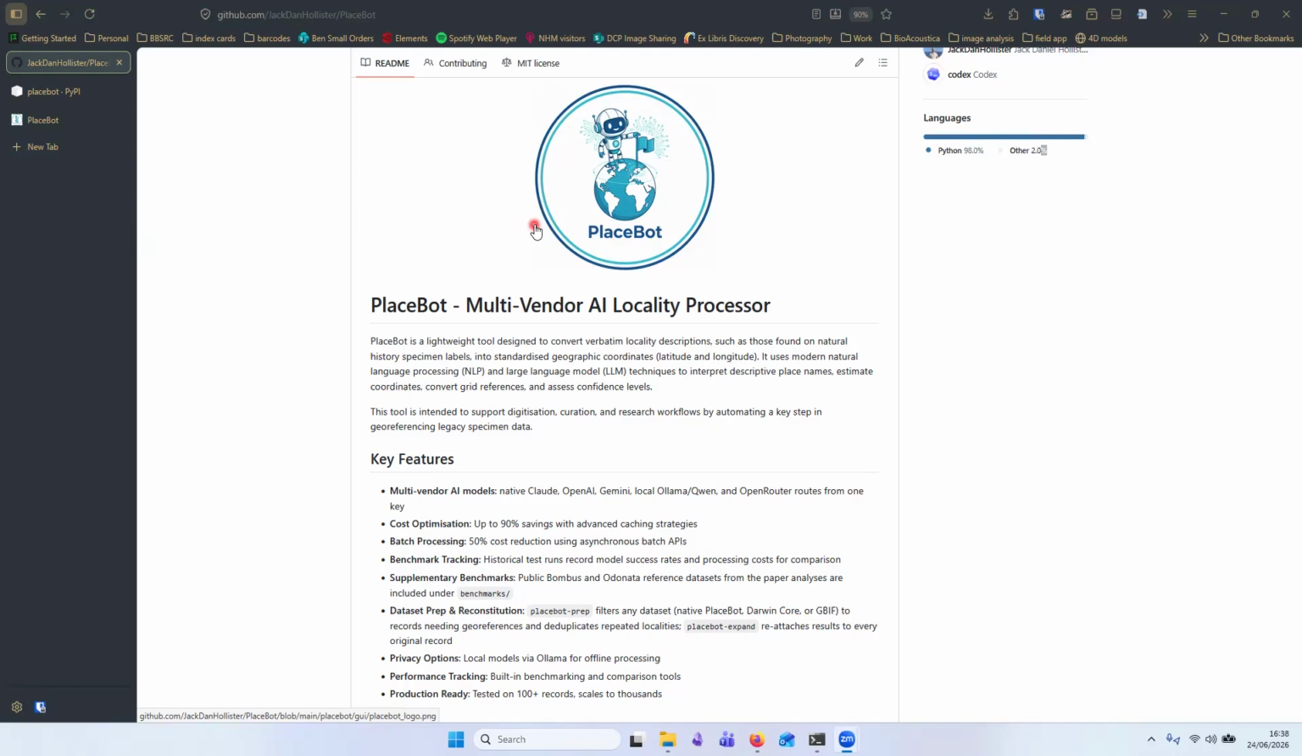So PlaceBot uses artificial intelligence to search for locality based on user-supplied text. It structures the output into various geographical hierarchies like country, state, region, and sector, and provides estimated coordinates. If coordinates are already provided, such as degrees, minutes, seconds, or in grid referencing formats, PlaceBot will convert them to standard decimal degrees. If multiple identical locality strings are provided, it will deduplicate before searching to save on costs